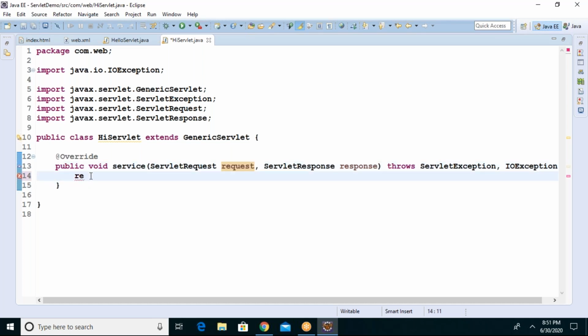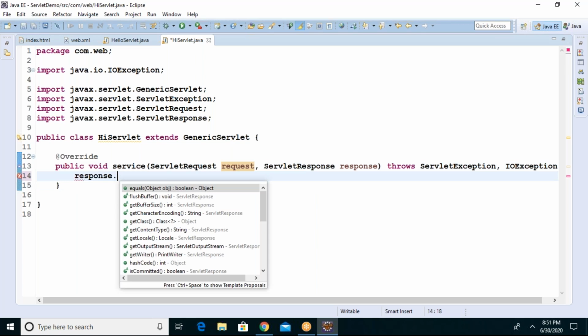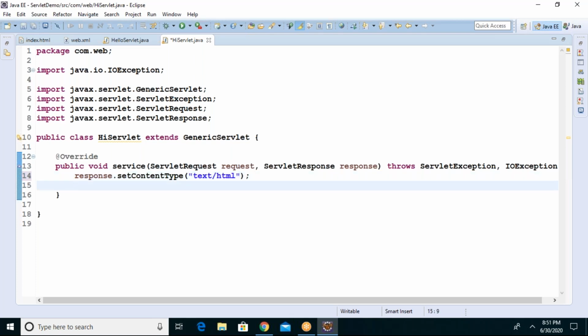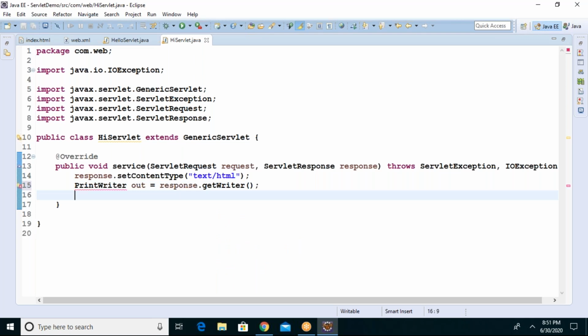Now I'll just worry about response. Dot setContentType. What is the response, text or HTML? Guys, this is important in every servlet. First line of code is response.setContentType. Next, PrintWriter out equals response.getWriter. I already told you this is what we need to write.